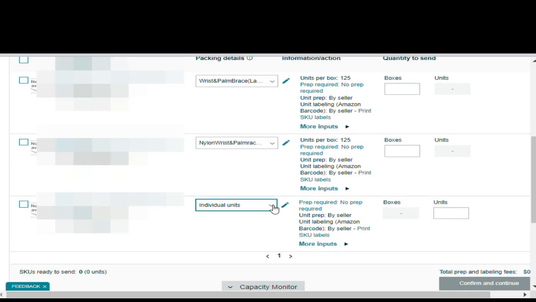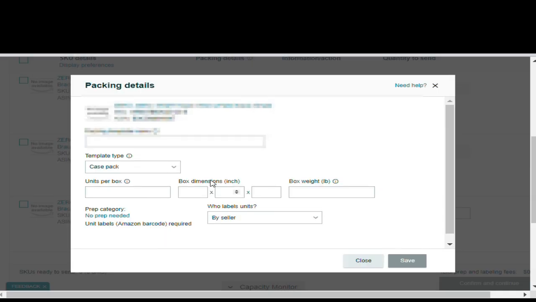from the Chinese supplier. And here you have to select individual units or case pack. In individual units, you can add multiple ASINs in one box, but in case pack, you have to add one ASIN in one box. So in my case, I am adding case pack, and here I can name this case pack template any name. I can add my variation name, or I can add any name,